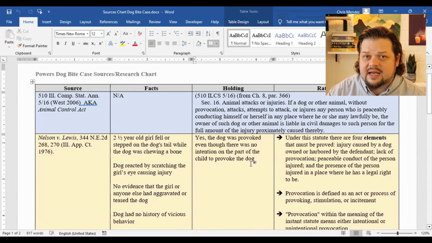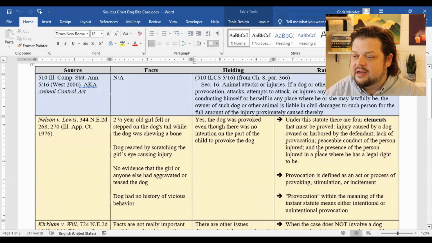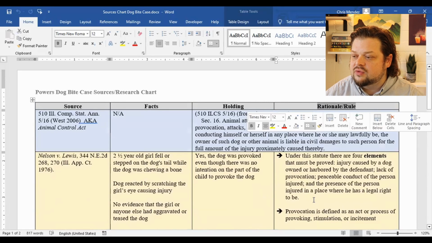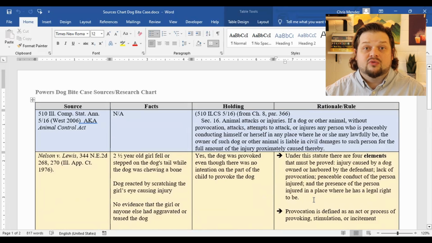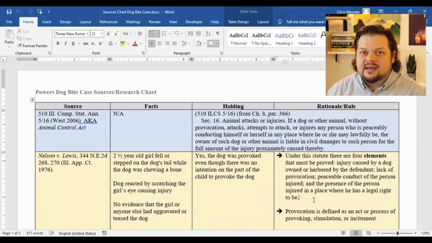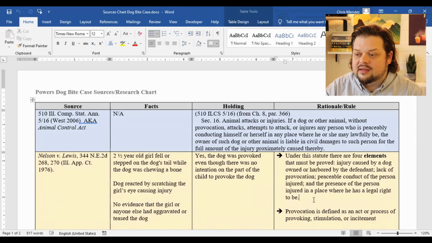If the answer is yes, this is an example where provocation was found. If the answer is no, that's a situation where there was no provocation. And then over here on the right, the last thing we have is rule/rationale. So as we're reading the cases, we need to have some rules that we're pulling out of those cases that then we can apply to our situation between Dingo and Kenny to decide whether or not Kenny has provoked Dingo